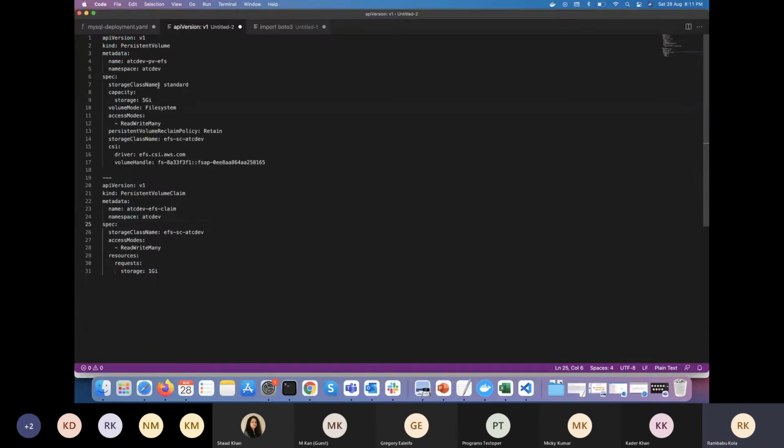This is another example, using an external volume. Here we are defining the persistent volume. It is EFS, provided by AWS. So we are using that EFS and mounting it here. We have defined the persistent volume, and for the persistent volume claim, we define it to use that.